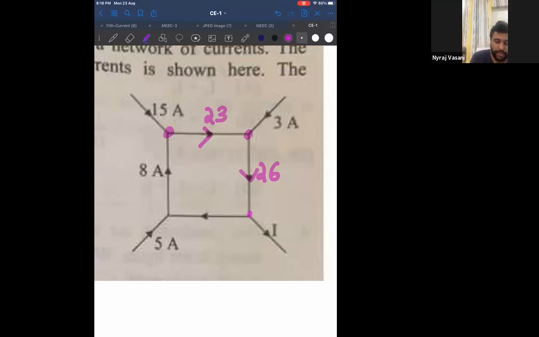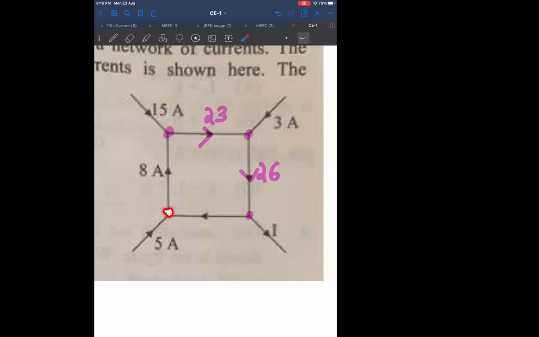Now over here, total current entering this node is 26. But now can I say there are two unknowns? One is I and one is over here. So now tell me, where should I go for my other answer? Tell me, which node should I consult? Which is in the square. Which one? Not in there. Correct. Can I say now I'll come to this node?